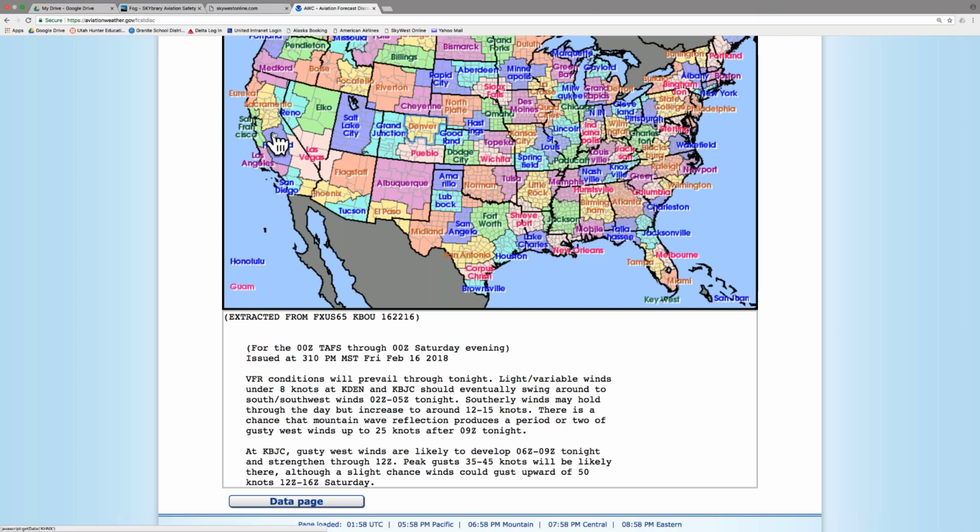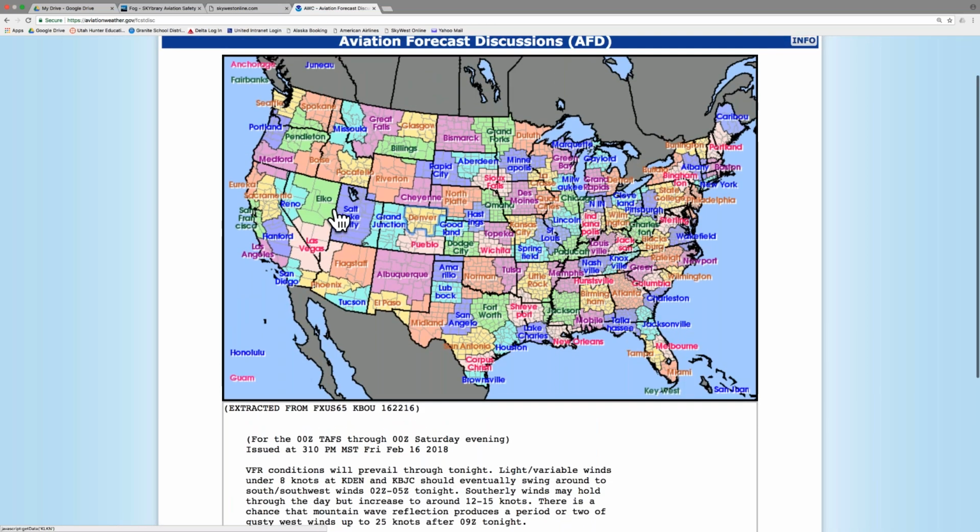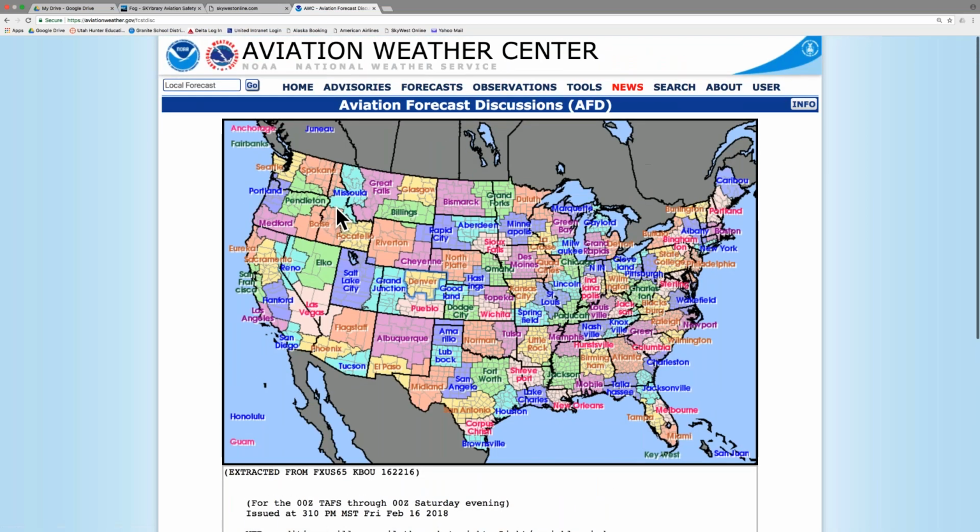But the point I'm trying to make here is that you've got to be careful when you're looking at these forecasts. Yes, we are bound by the METAR and the TAF for legality reasons, but does that always mean that it's the right decision sending a flight into an area just because the TAF says that it's good?